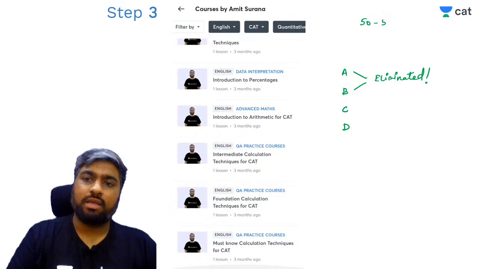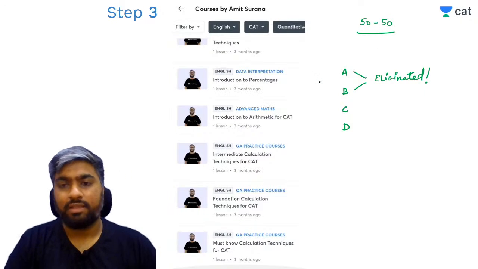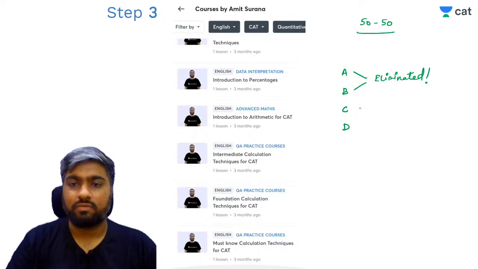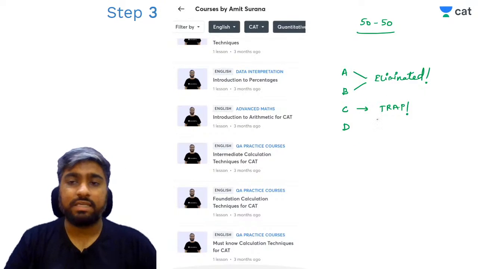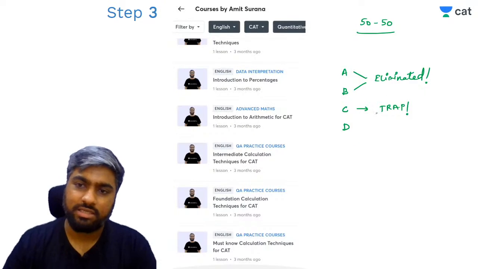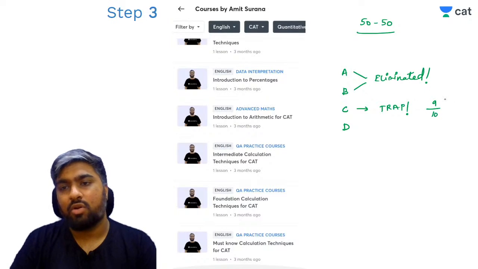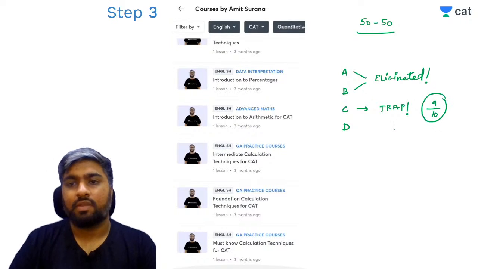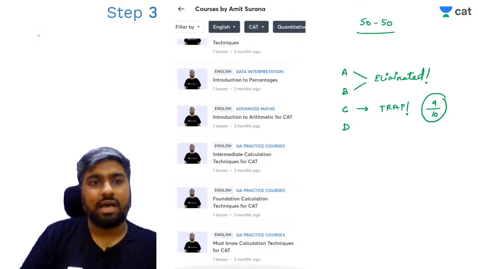So this is like Big B's 50-50 lifeline that you can definitely apply here. But when you have these two answer choices, one of them will always be a trap. In most cases, like 9 out of 10 questions, this normally works: one answer is intentionally made a trap. Now a trap answer choice